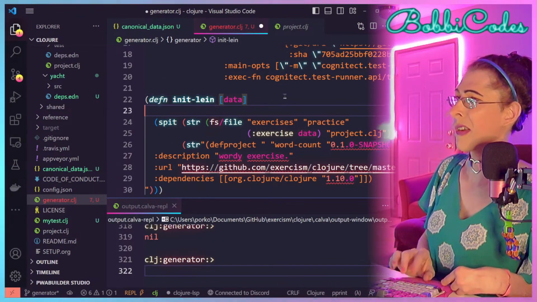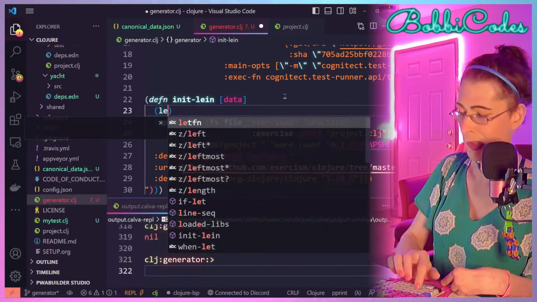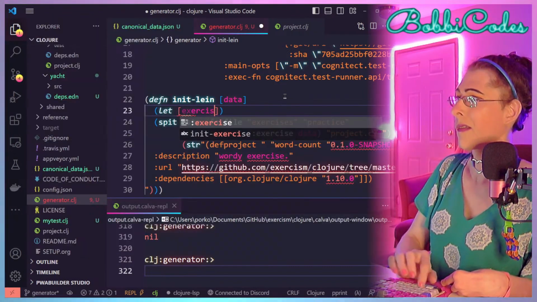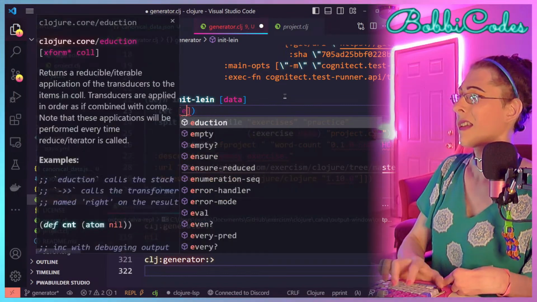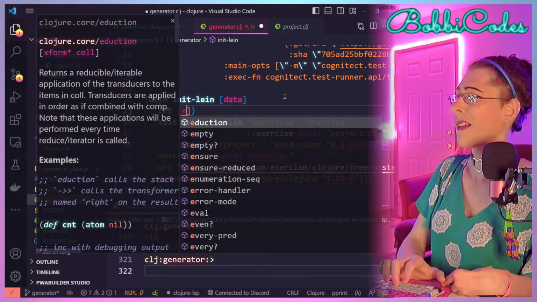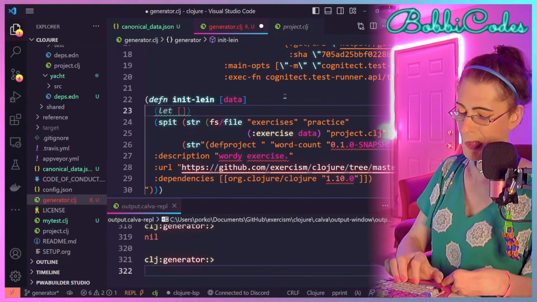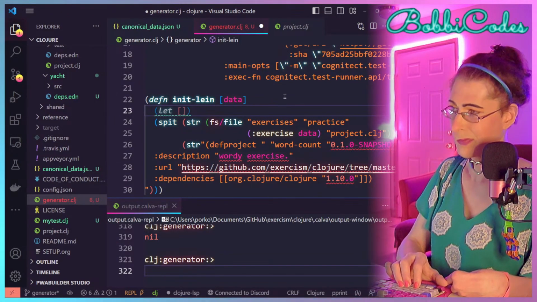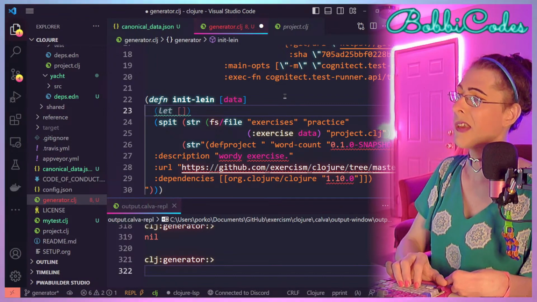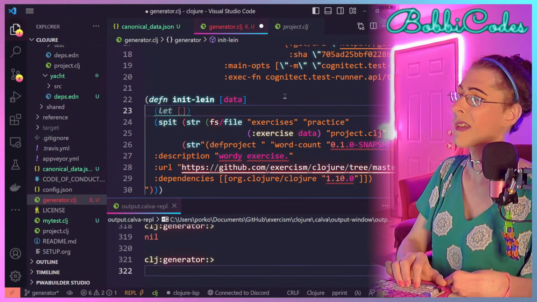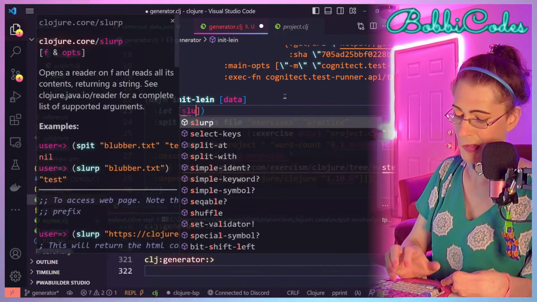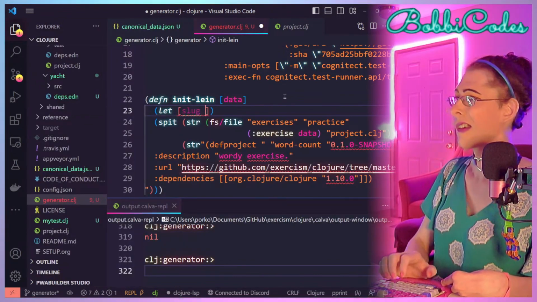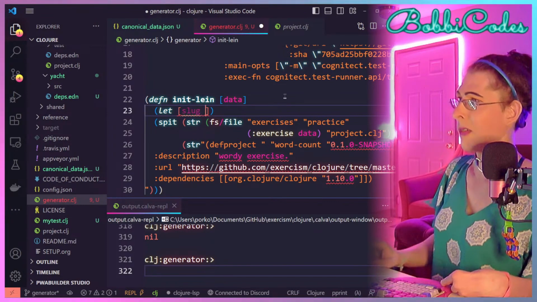Since we're gonna do that a couple times, we'll put a let binding here, and then actually not slug, but see here it's okay to use hyphens. So yeah, it'll just be the slug. And it'll be that.